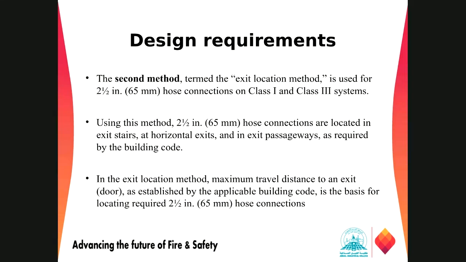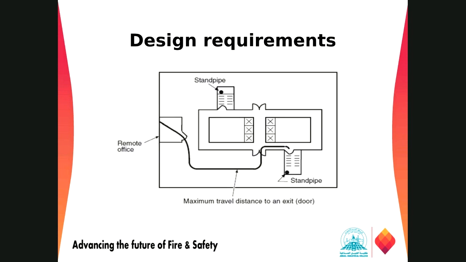And then we have the next one, we call it exit location method, right? In this method, we just have to put the fire hose station near the exit of the building, so that if someone wants to go inside the building in case of fire, let's say the firefighters, this is normally used for the firefighters, where you have to put the standpipe system at the exit area. We have one exit area at this location and another exit area at this location, right?